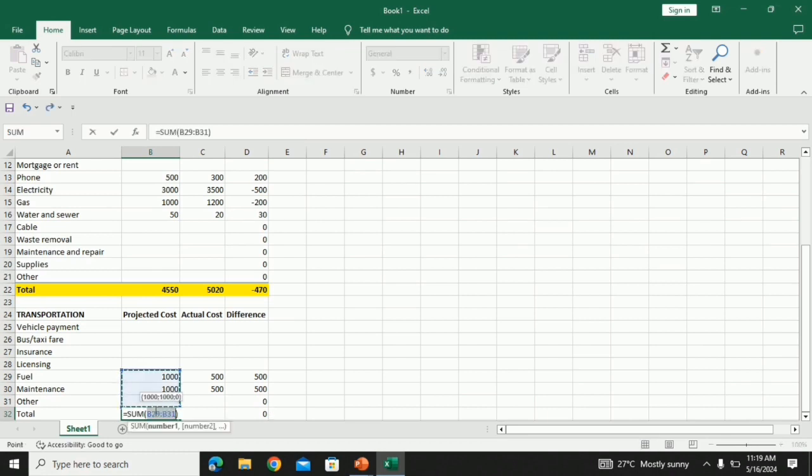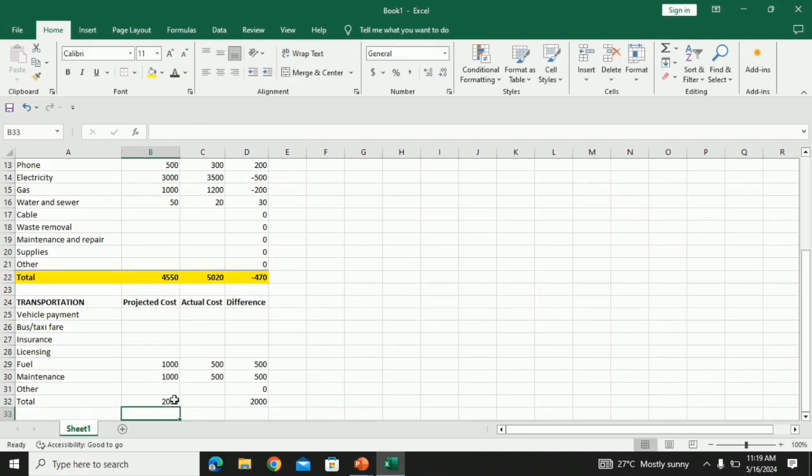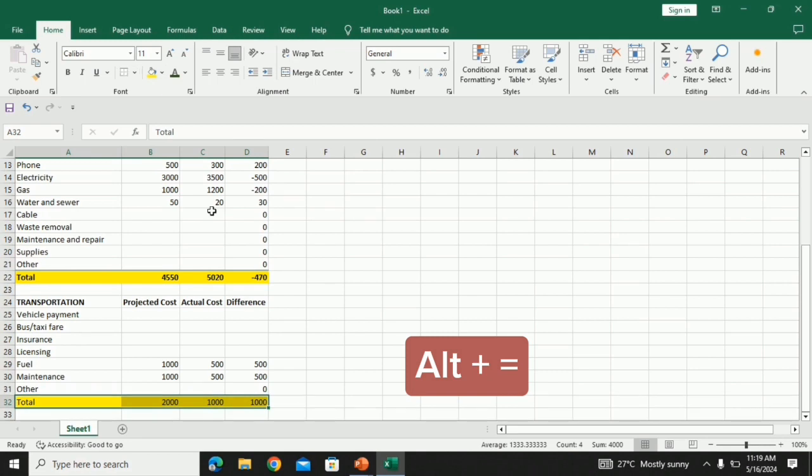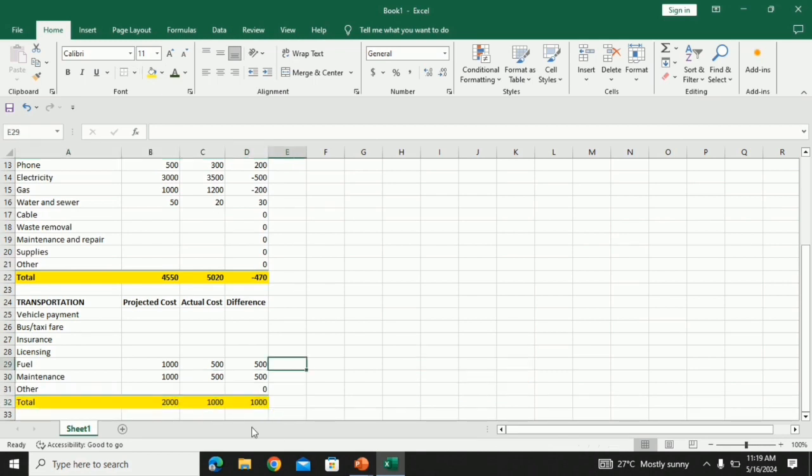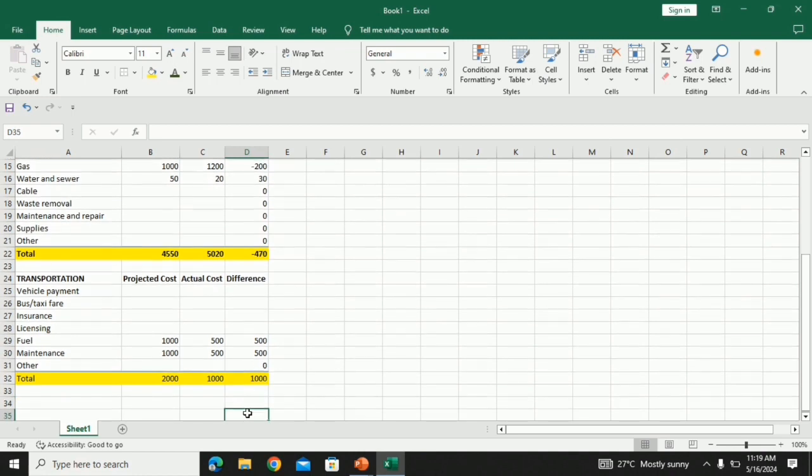After that, instead of manually typing the equals sum, you can just use the alt equals for them to be totaled, and then again highlight the total.